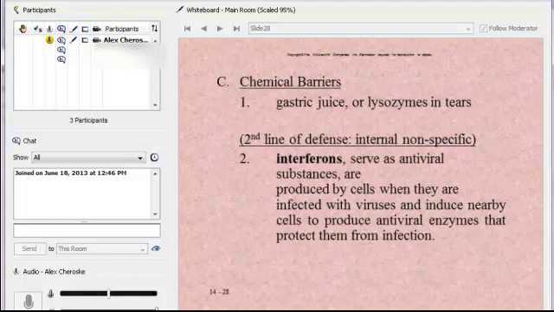So where we left off last time is right at our second line of defense. So we get done external, non-specific, now we're going to do internal. So, at that point, we're going to have various types of non-specific defenses that can try to get rid of